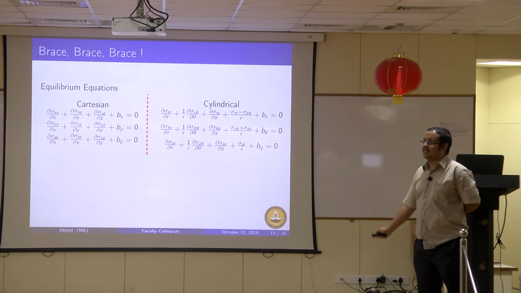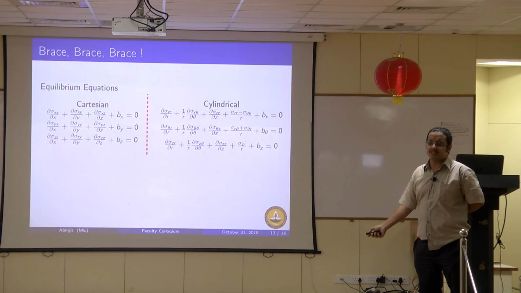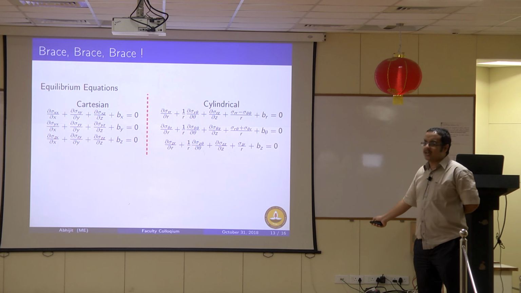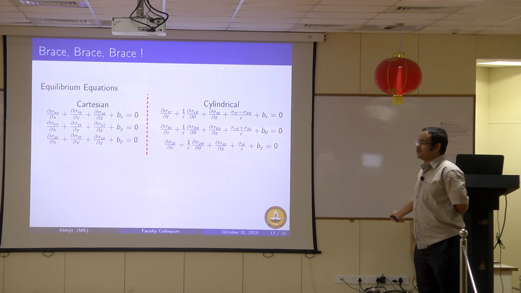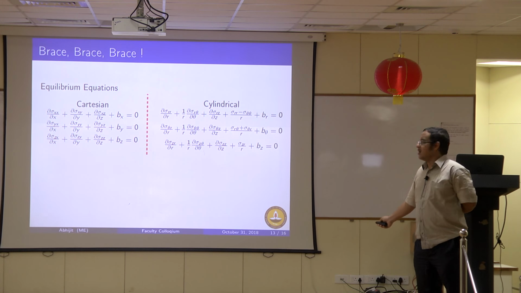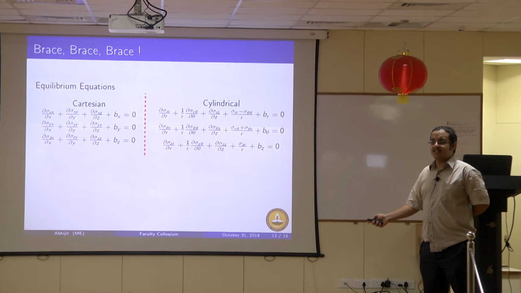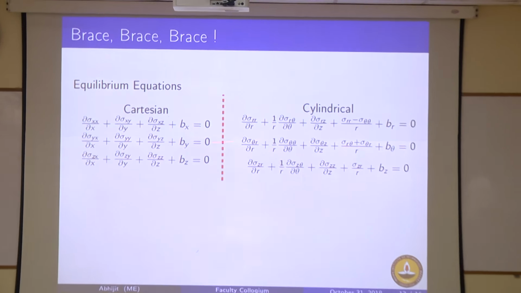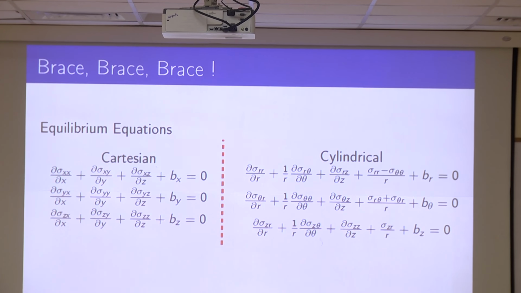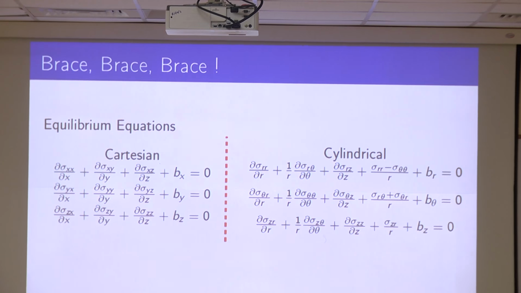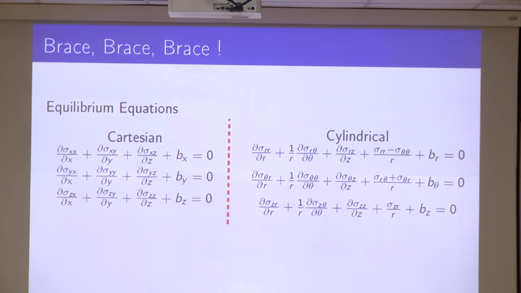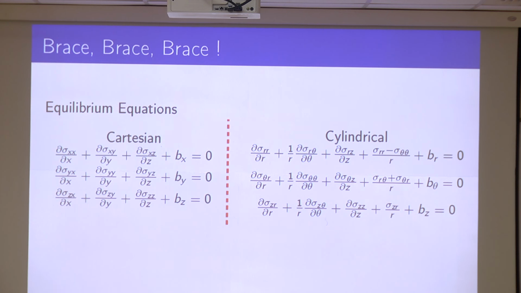Both are supposed to be the same equations, the equilibrium equations. One is supposed to be for the Cartesian coordinates, the other is from the cylindrical coordinates. But the problem is both of them look ugly for sure, and there doesn't seem to be any resemblance between the two equations. You are telling me it's the same equation, the equilibrium equation, just represented in two different coordinates. Then how can it be that I am not seeing any similarity between the two?